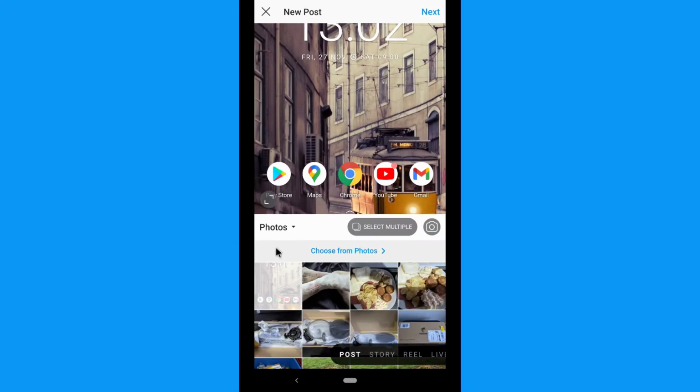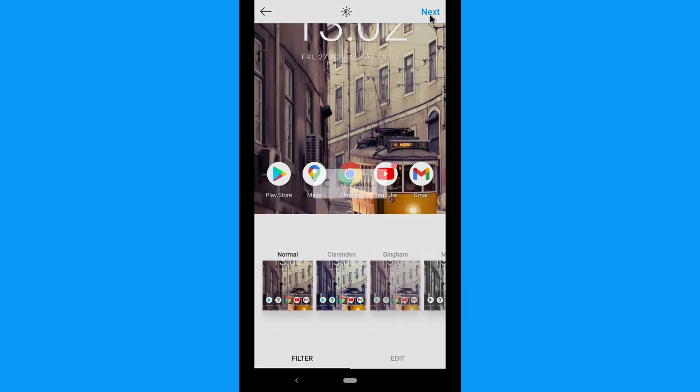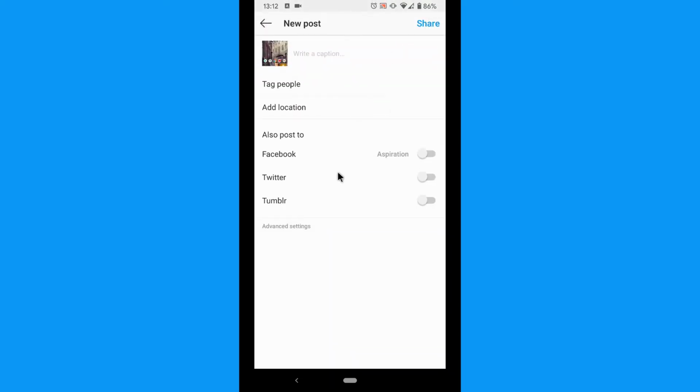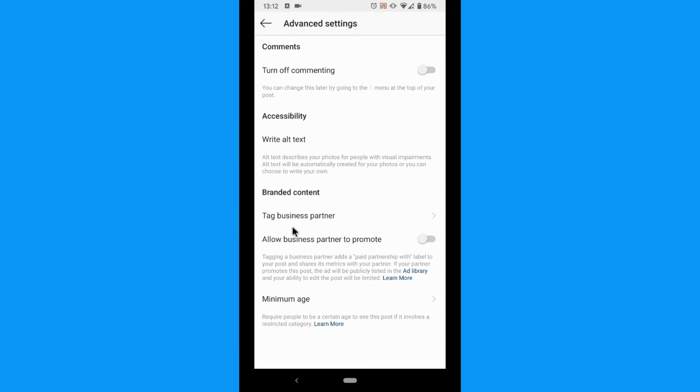Tap the photo or video you wish to share on Instagram from your phone library. On the screen where you add a caption, tap the Advanced Settings option. Under the Comments header, toggle the Turn Off Commenting bar to On, and then tap the back arrow and continue